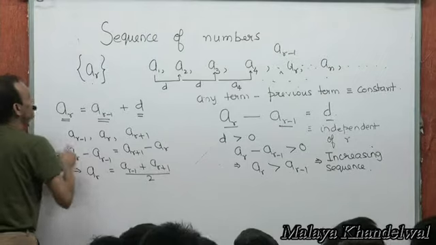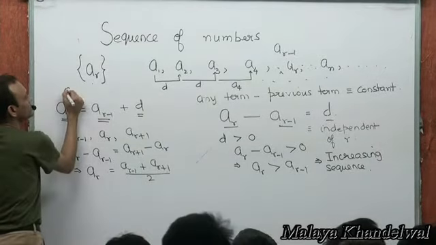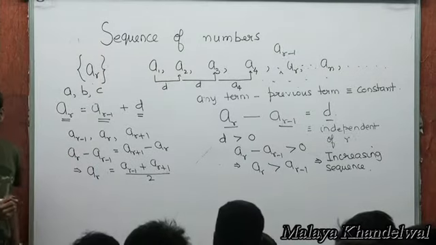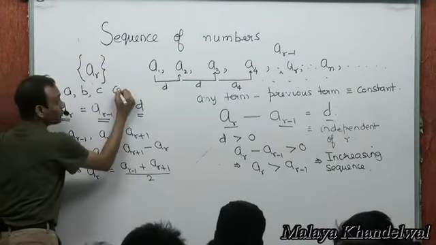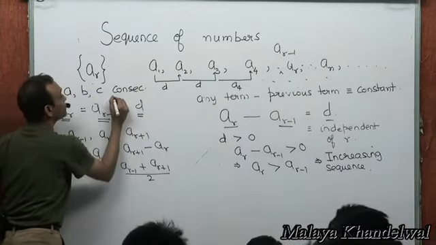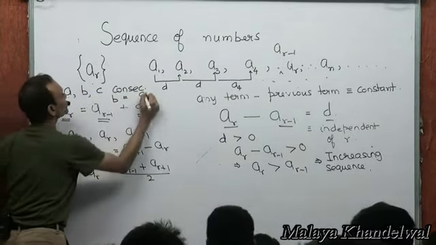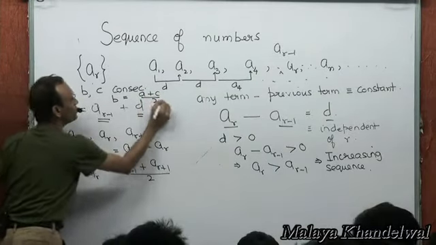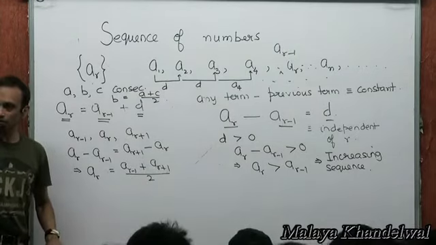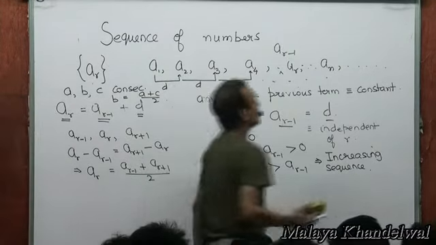So if A, B, C are 3 consecutive members of an arithmetic progression, consecutive, they have to be consecutive, then B must be the average of A and C, the arithmetic mean of A and C. Right? Now,